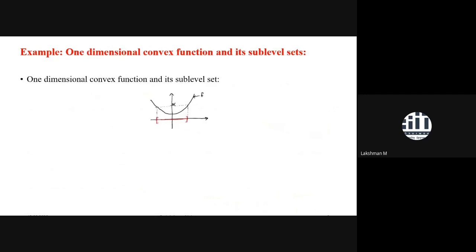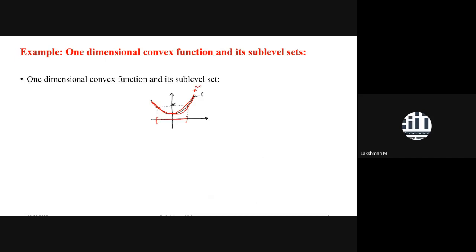One more example I have taken here, a one-dimensional example. Here we are taking a function, and the plot is already given. From the plot, we can observe that the function has a curvature which is opening up. It is unimodal curvature, opening up. So simply by looking at the graph, we can claim it is a convex function. So f is a convex function. What kind of function is this one? It is an x square kind of function, a quadratic function.